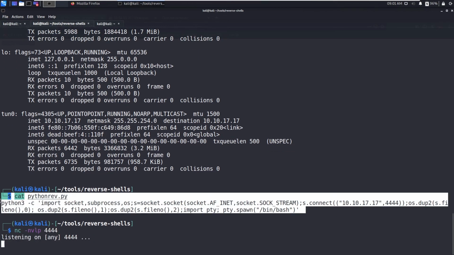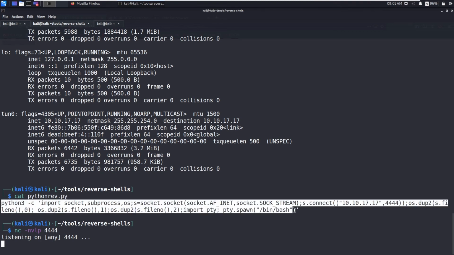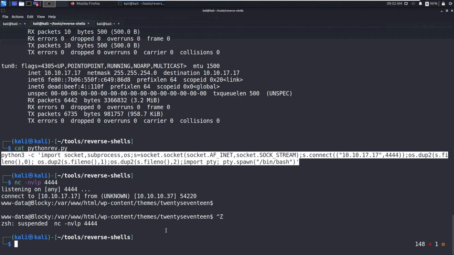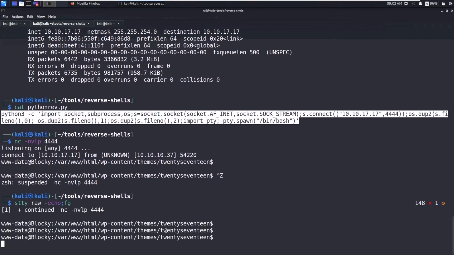Copy all this and paste here. Now we get the shell. Ctrl Z and stty, then fg to foreground. So we will get a nice shell.